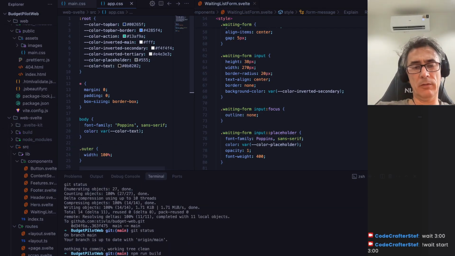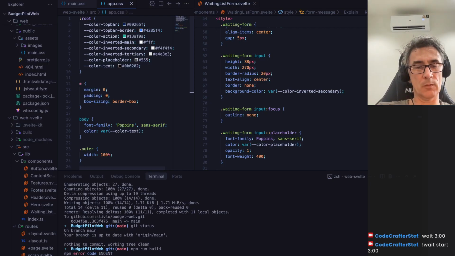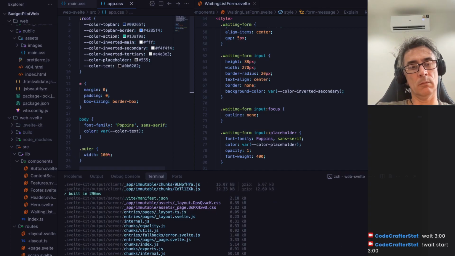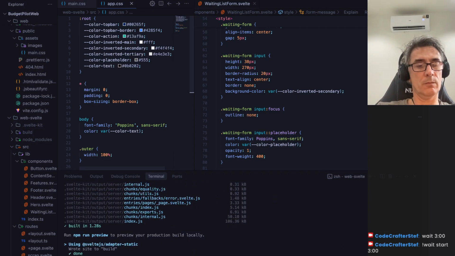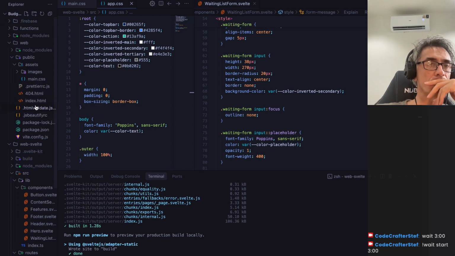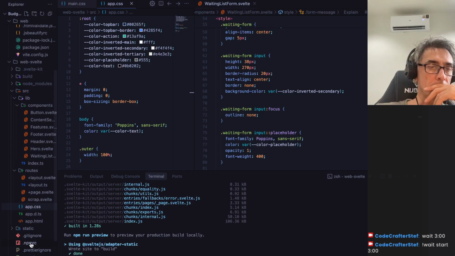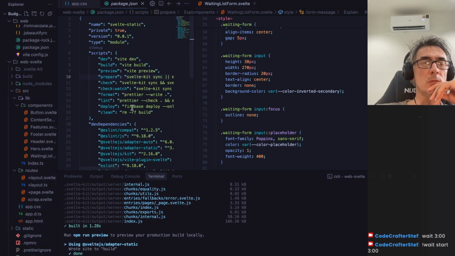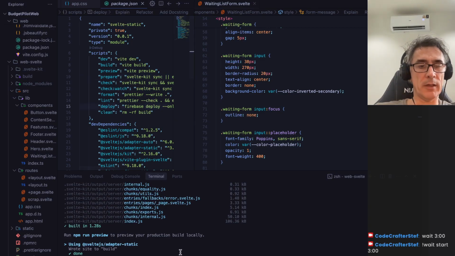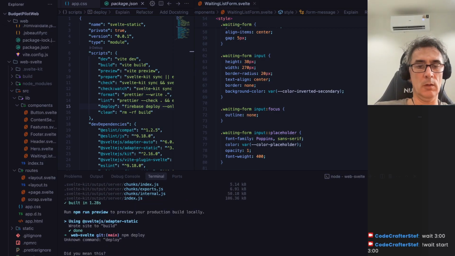Ah, no. We have to be in the web Svelte. npm run build, npm deploy. Okay, that's not the command. Package JSON is here. That was cool. Deploy. npm run deploy every time. Okay. That will go